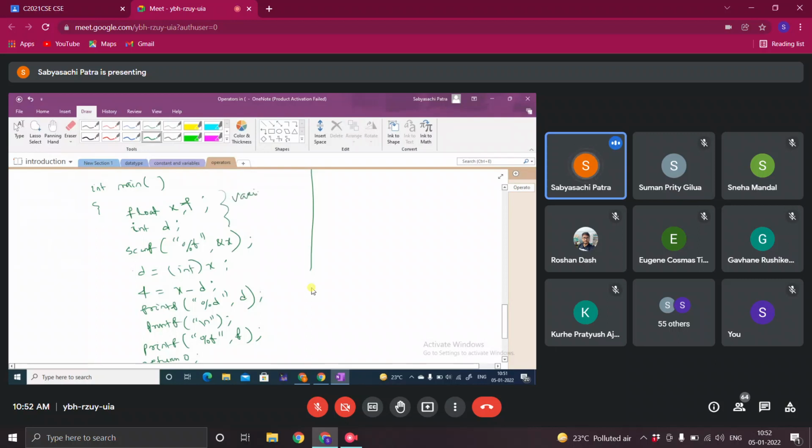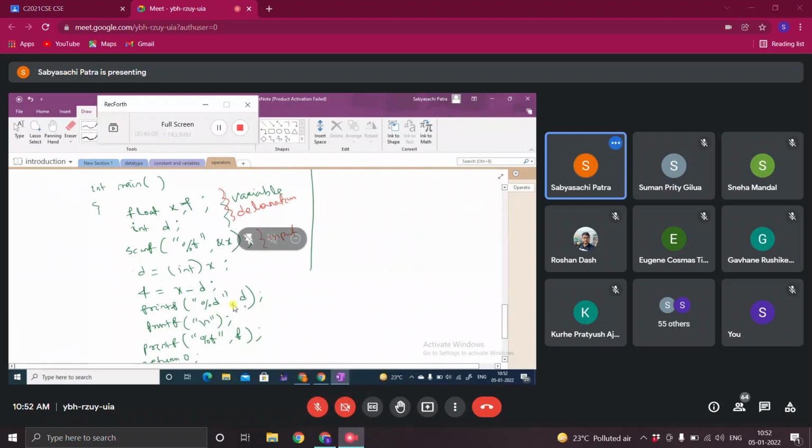Actually, I hope right now you understand these two. These two are what? Variable declarations, right? We are declaring the variables. This is what? Input. And these are what? Output. So the main part of the program is here, where his solution is coming. Any doubt in this? Printf, input, output, variable declaration, please tell me.